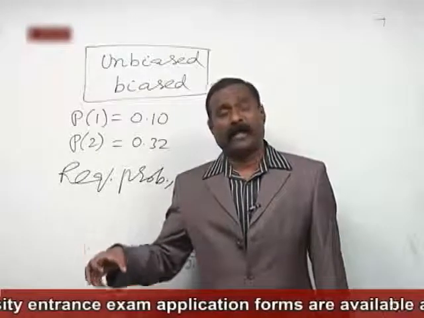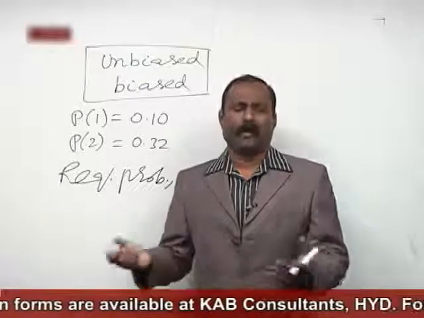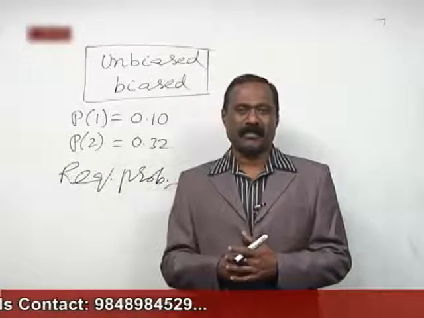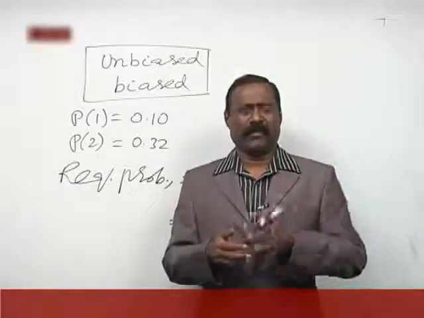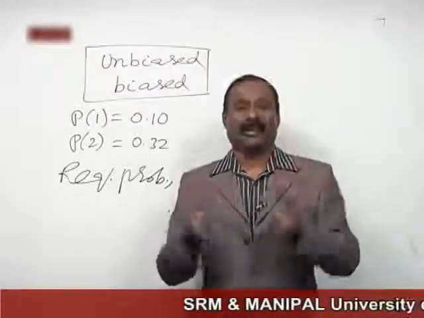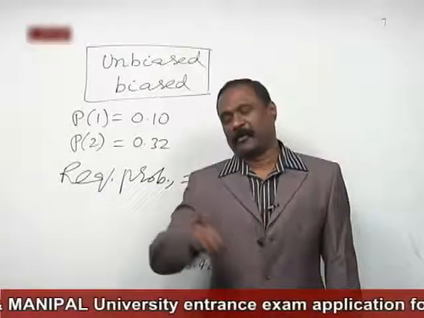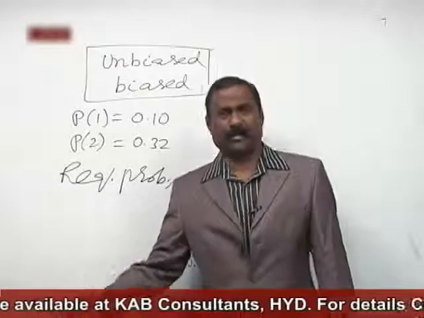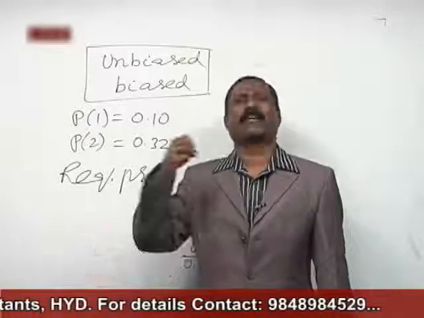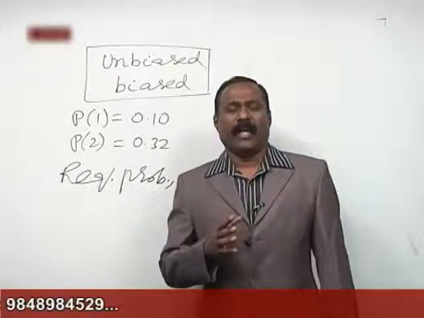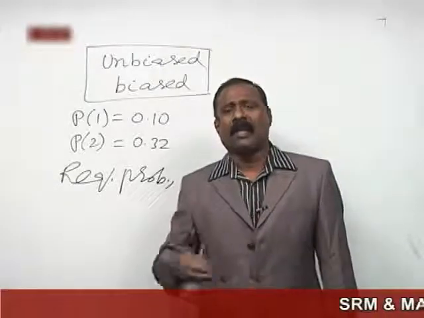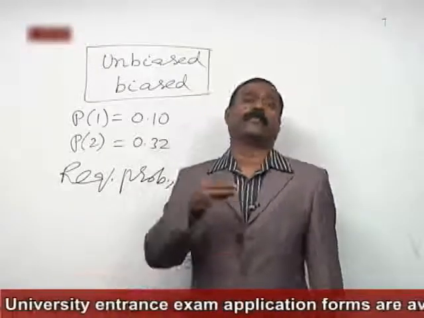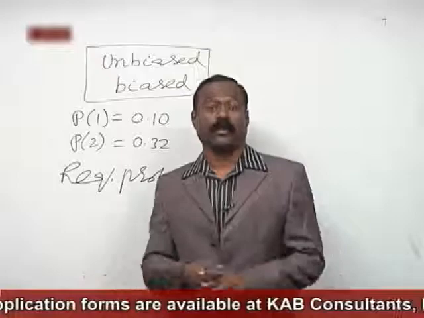The ball picked up by B may be blue, or green, or orange, or red, or violet. But here we require the probability of getting the same color ball. That means if A puts the blue ball in B's bag, B must also pick up the same color ball and put it in A's bag. If A picks out the orange ball and puts it in B's bag, B should also pick out the same orange ball and put it in A's bag. That's what the required probability is now.